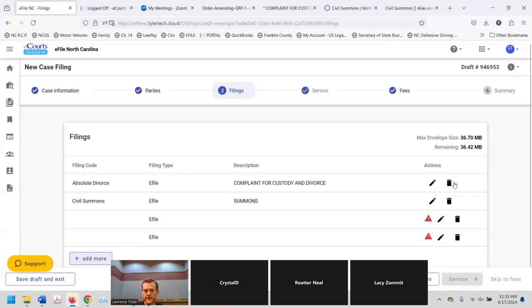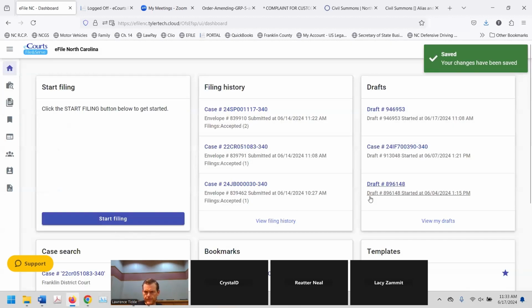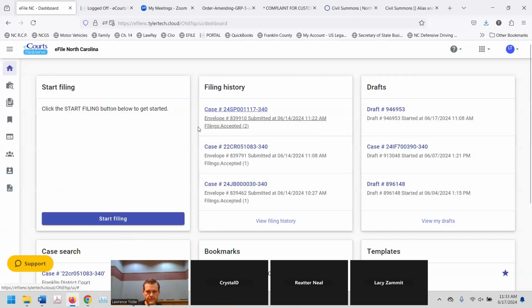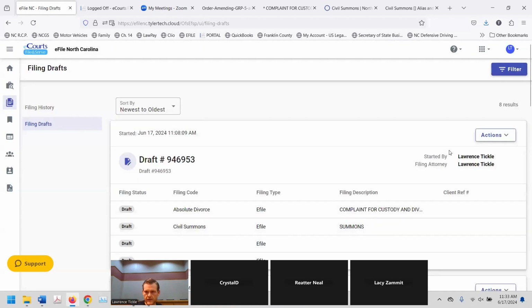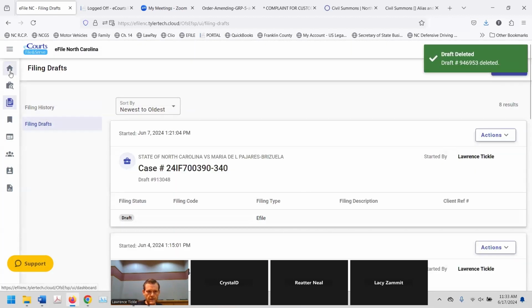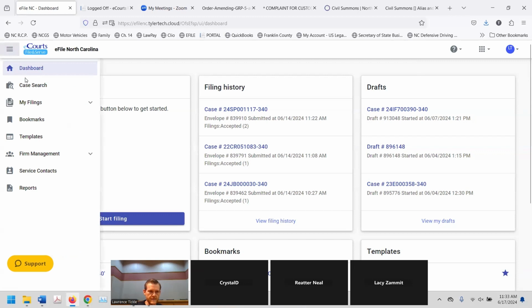Let me show you some shortcuts. So I'm going to delete that draft. So in your main box here, you got drafts right here. So I'm going to go to view my drafts. I'm going to delete it. You have this little option for actions to delete draft. If, on the home screen, instead of clicking on start filing, if you open up this and you go